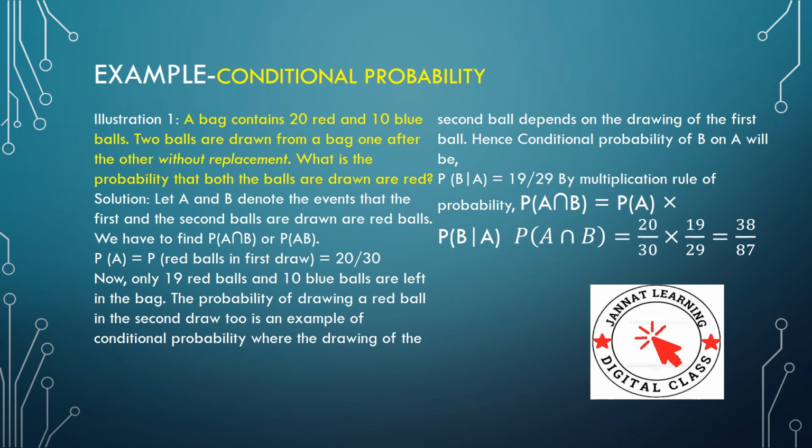Now only 19 red balls and 10 blue balls are left in the bag. The probability of drawing a red ball in the second draw is an example of conditional probability, where the drawing of the second ball depends on the drawing of the first ball. Hence, the conditional probability of B on A will be